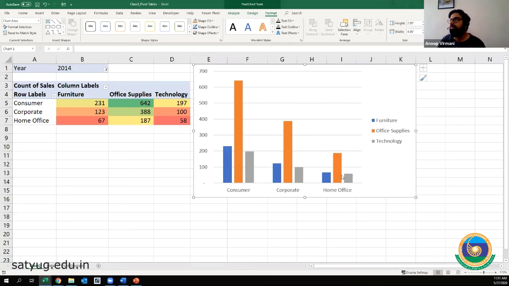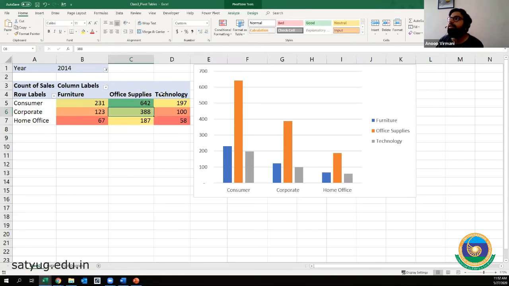Now see how amazing it is to present this kind of data. Consumer in office supplies is orange, and then furniture and technology are blue and gray respectively, and this is the count of sales that is running on this axis.